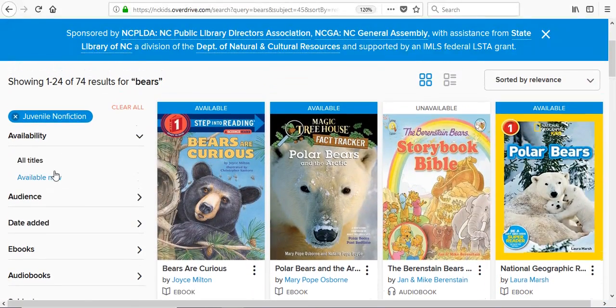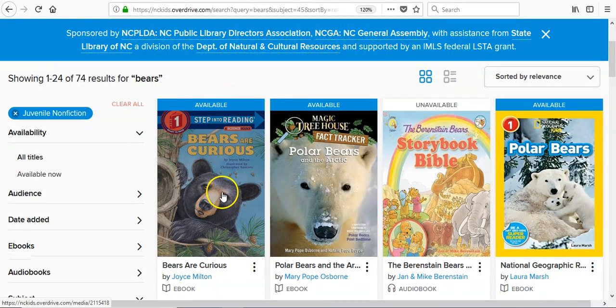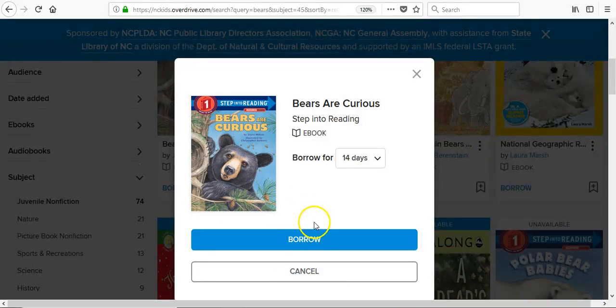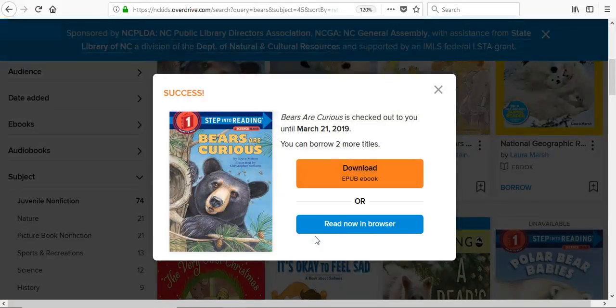So if bear is in the description of the book anywhere, those books are going to show up, and I just wanted to explain why you might find some titles that don't seem to go along with the subject that you're looking for. On this page, now that we are logged in, if we wanted, we can check out any book that has this available banner at the top, and we just scroll down and click on borrow, and then borrow again, and you could either read it now in the browser